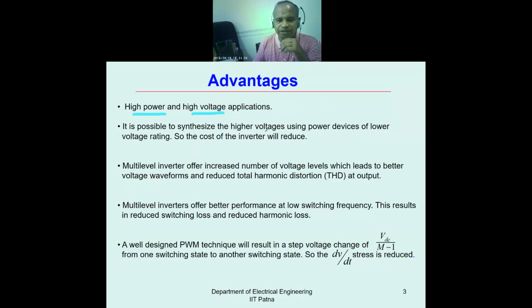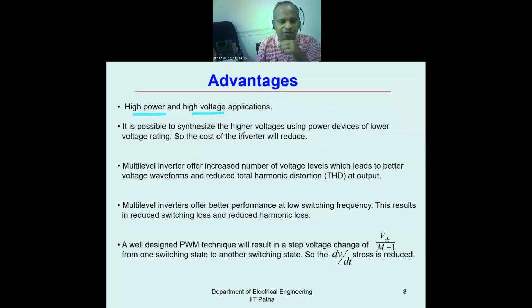For example, a low cost device can be used for a higher voltage, because two low power devices can be connected in series, so that the reverse recovery voltage, okay, or inverse voltage, it can block higher reverse voltage,